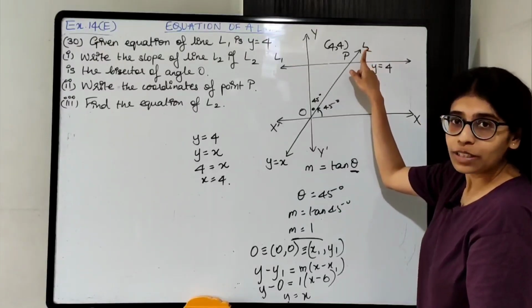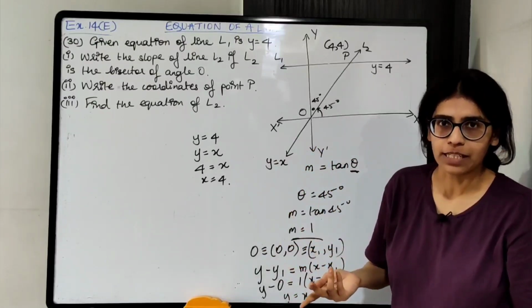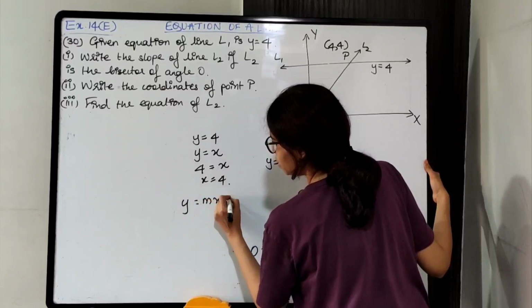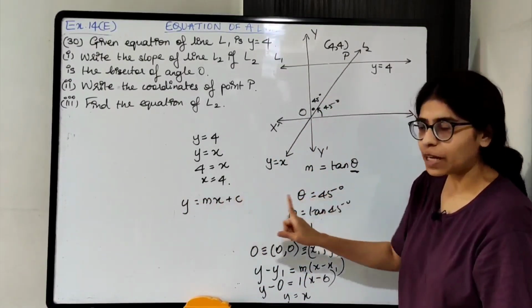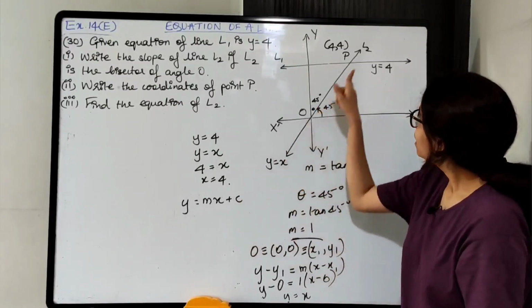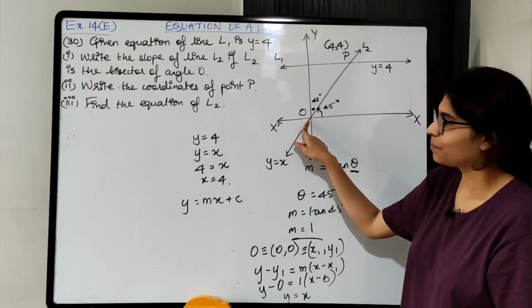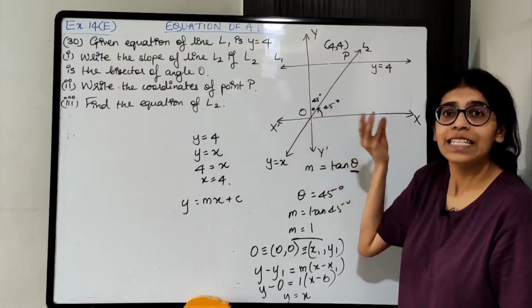Again students, one more thing, L2 का equation एक और way से find out कर सकते हैं. You can use the formula y equals to mx plus c. Slope intercept form भी use कर सकते हैं. Slope मुझे first part में मिल रहा है. c, that is y intercept. y axis पे कब meet कर रहा है, 0,0 पे, है ना, 0,0 पे meet कर रहा है. So y coordinate क्या है यहाँ पे, 0 है.